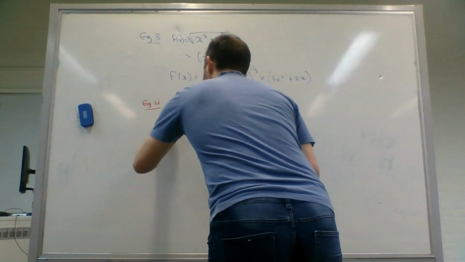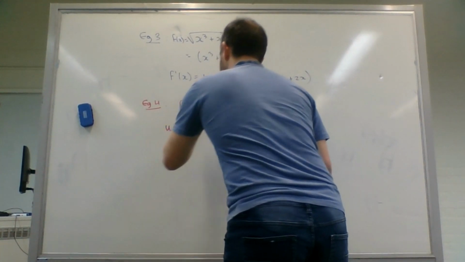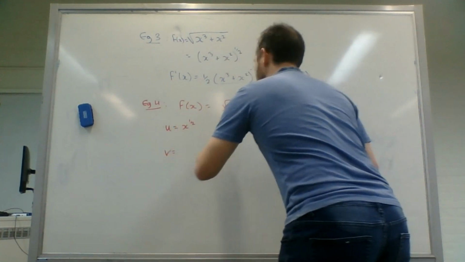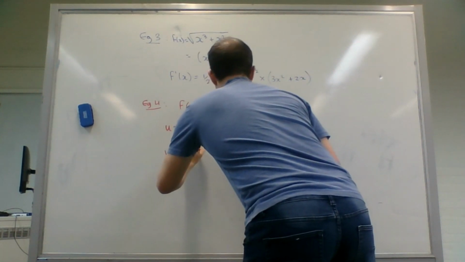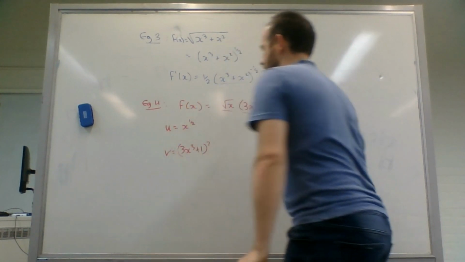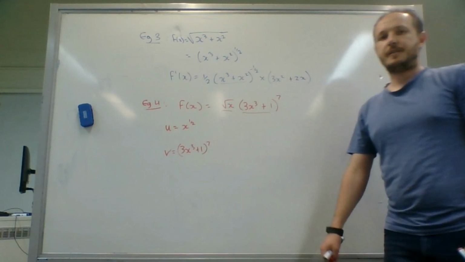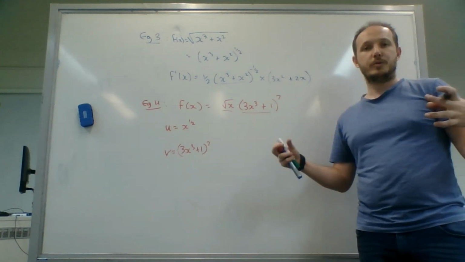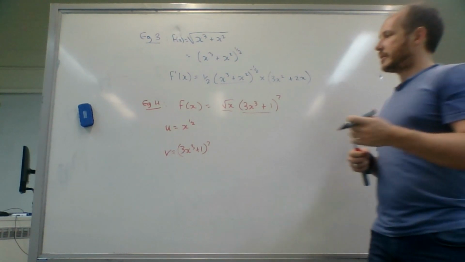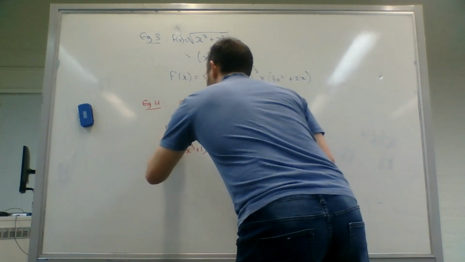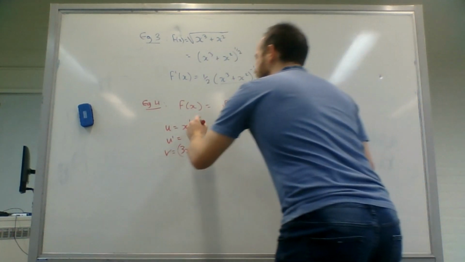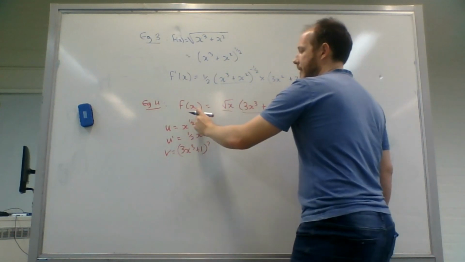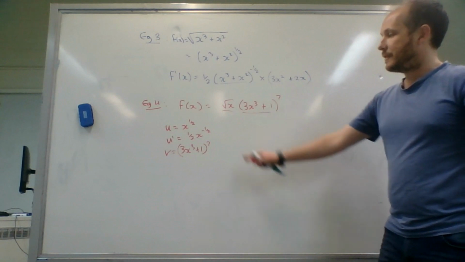Now what I'm going to do is off to the side over here, I'm going to say, okay, let's let u be x to the half. So that's this one. And let's let v be 3x cubed plus 1 to the 7. Here's my u and my v for my product rule. So remember we had u times v, and then we had the rule for the derivative. So I'm going to find the derivative of these separately. So u dashed is a half x to the minus a half. So I found the derivative of this one. And then v dashed,